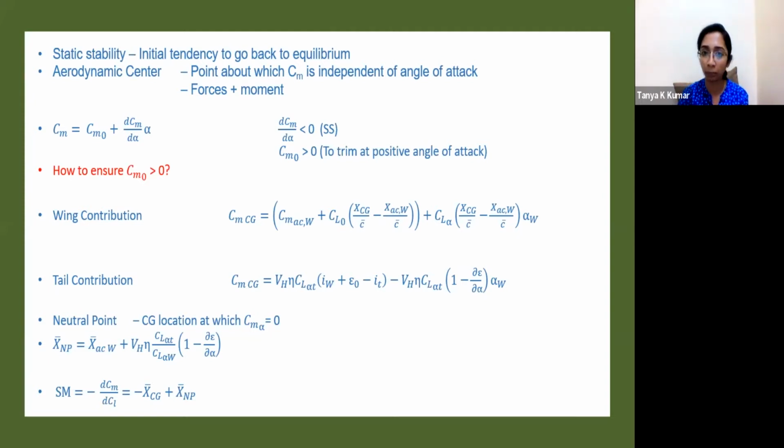Aerodynamic center is the point about which the pitching moment, Cm, is independent of angle of attack. So the forces are presumed to act about a point called center of pressure, which varies during the course of the flight, varies with angle of attack. And it becomes inconvenient for us to perform analysis at a point that varies. So the point about which analysis is carried out is the aerodynamic center, where the pitching moment remains constant with